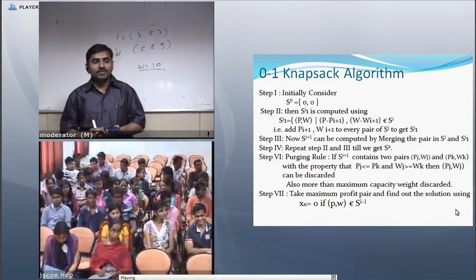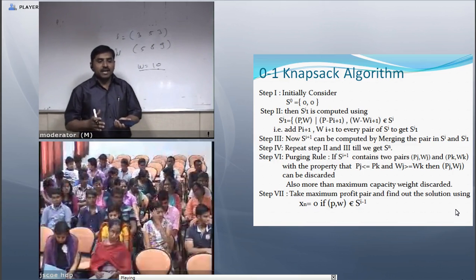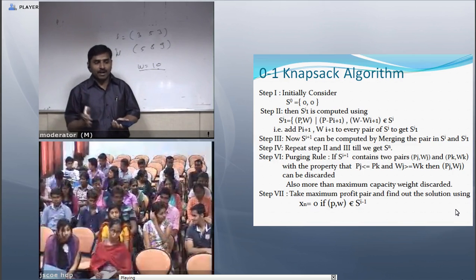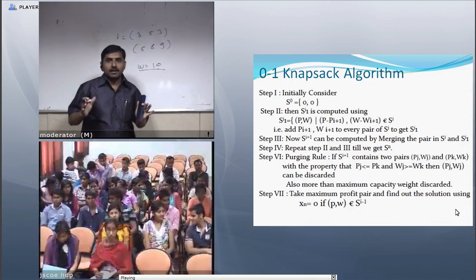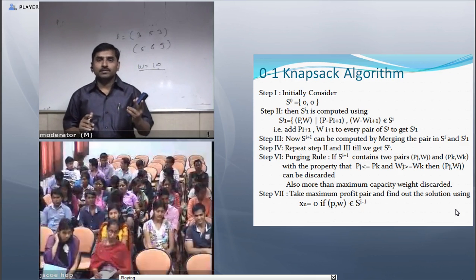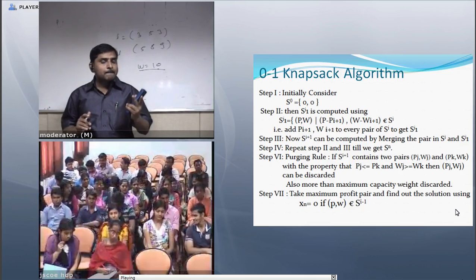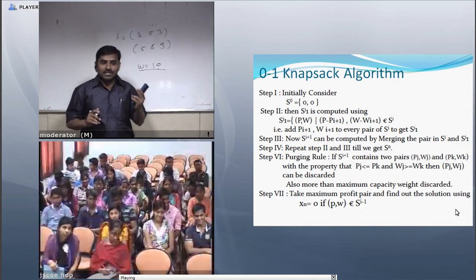And third step, Si+1 can be computed by merging the pairs in Si and Si+1. Now, when we use the 0-1 knapsack in dynamic programming, we use two rules: the merging rule and the purging rule. What is the merging rule?